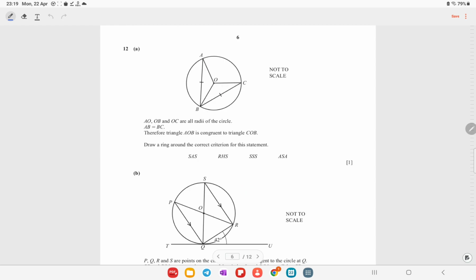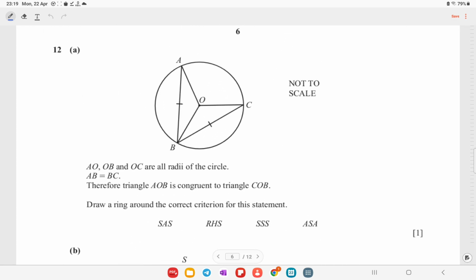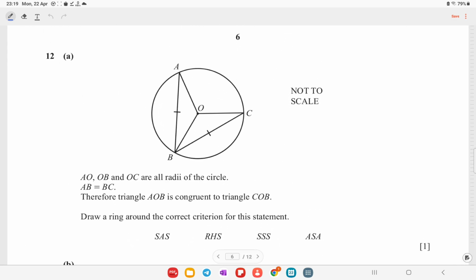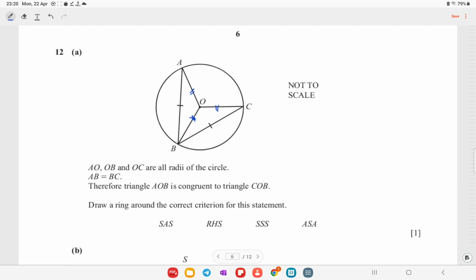Okay, so in the next question, what you need to find out is, let me zoom in, and this is AO, OB, OC, all are radii. So AO, this is radius, this is radius, and this is radius. AB and BC, they are also equal. So let me convert these lines into radius, and therefore triangle AOB is congruent to triangle OBC. Draw around the correct